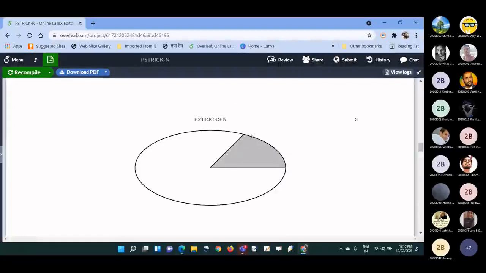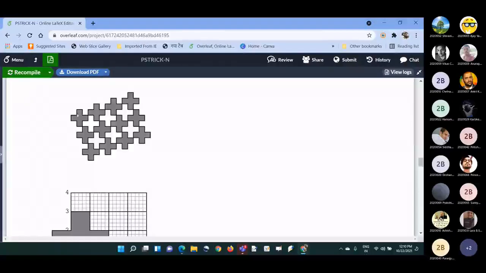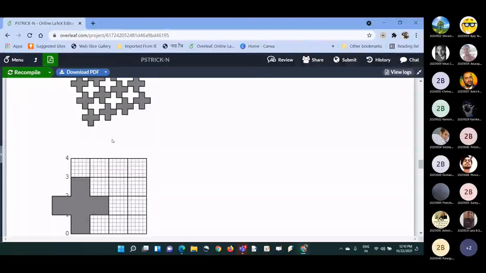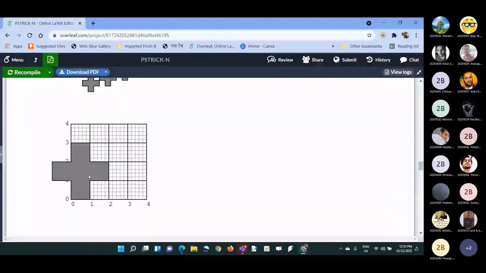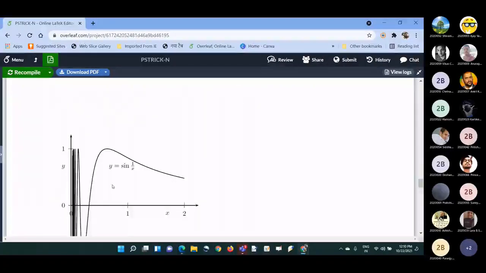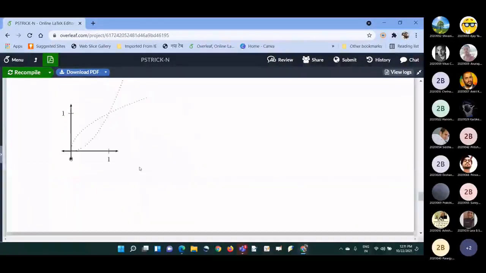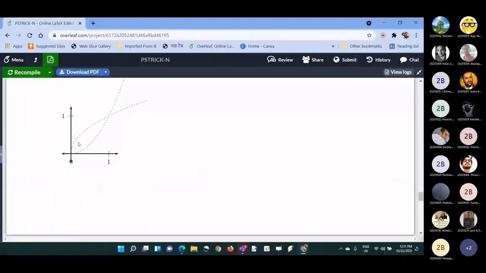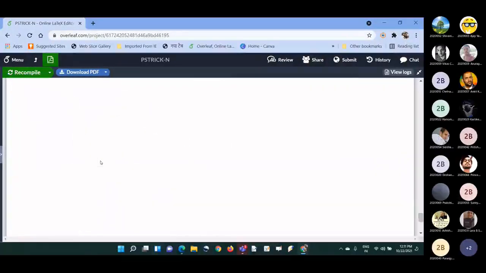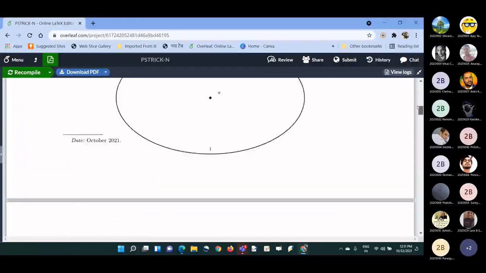And here an ellipse, and we have captured some section of this ellipse, some area, and colored that portion. And you can see a cross is there. Of course, we have put gray color, and then how this can be done. Here is an example, and then we have a graph of a function, sine 1 over x. Then we have two graphs in one coordinate system. Okay, so this is all we are going to discuss today.